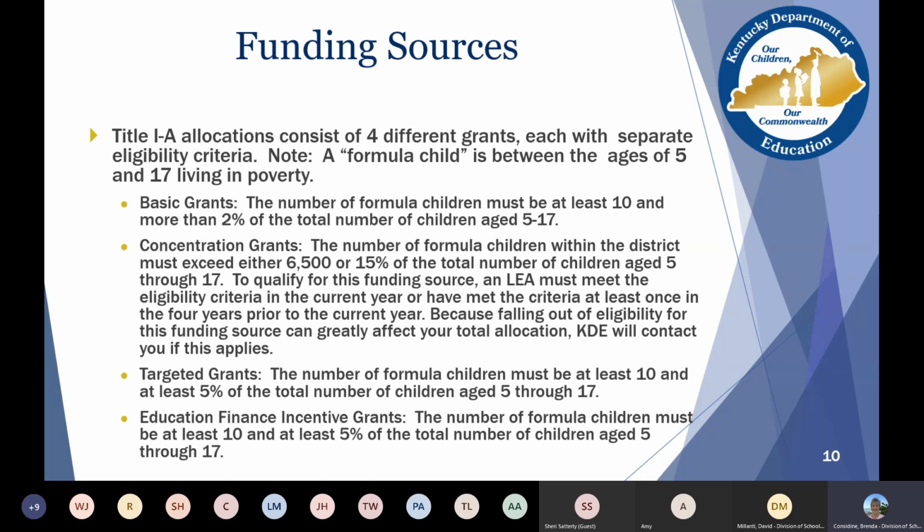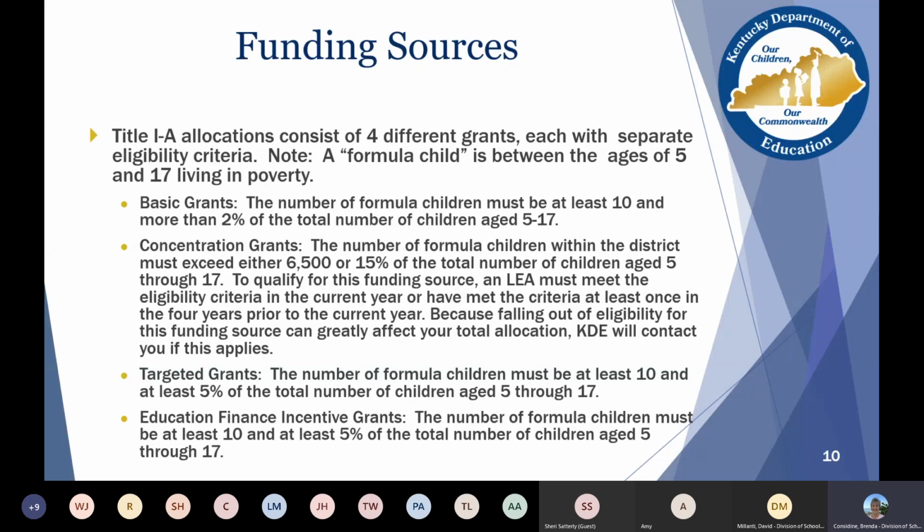And to qualify for this, the LEA must meet the eligibility criteria in the current year, or if they've met that criteria at least once in the 4 years prior to the current year.